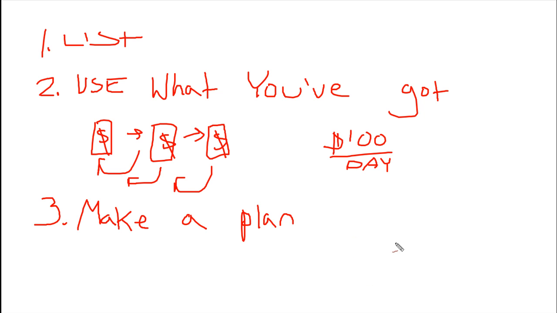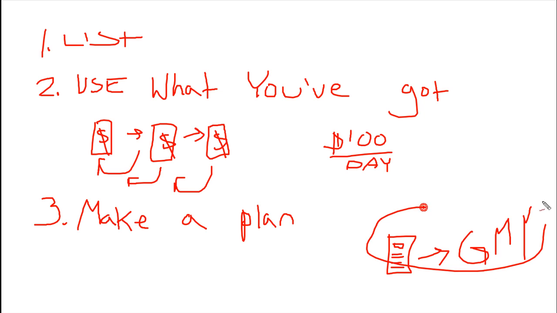Are you going to make a little affiliate site with some banners, or maybe some affiliate product reviews or whatever, and then send that off to the big G or Google, or maybe you're going to use MSN or Yahoo, whatever it is, make a plan. If you don't have a plan and you don't know what you're doing, then you'll never get anywhere.